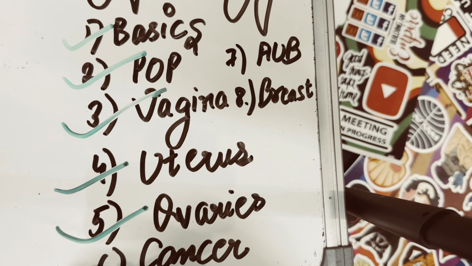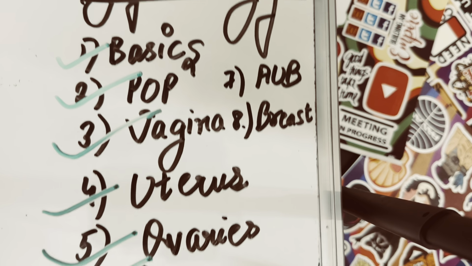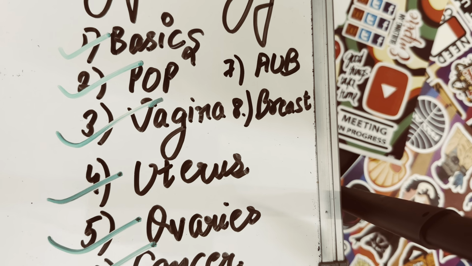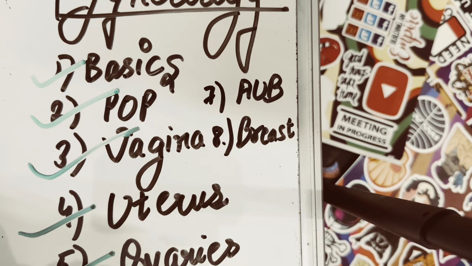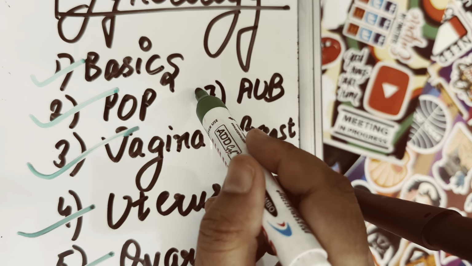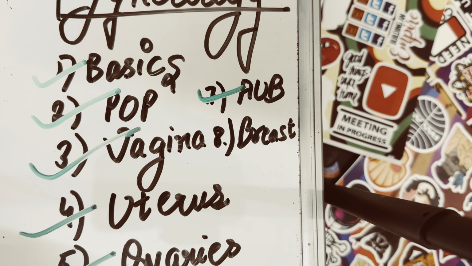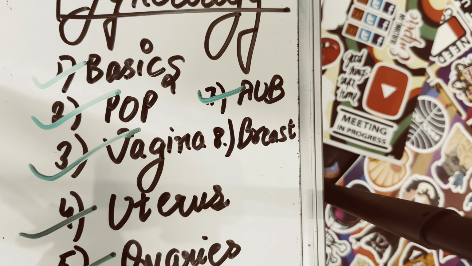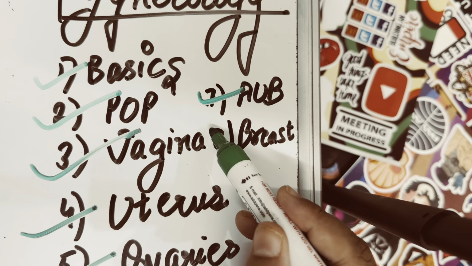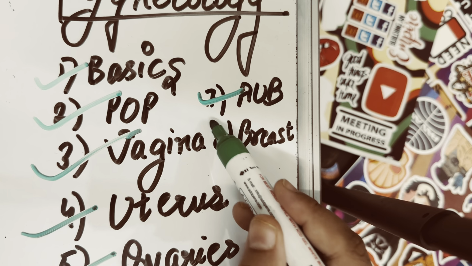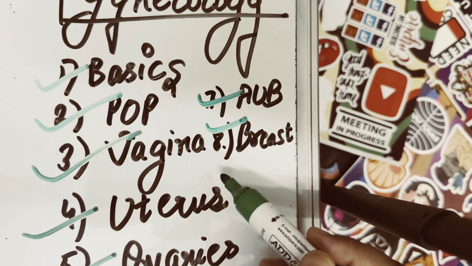cancers, and then we're gonna discuss the overall cancers of the genital tract: vulva, vagina, ovaries, uterus, and endometrial carcinoma. Then we're gonna study abnormal uterine bleeding and why there is primary and secondary amenorrhea, how to diagnose it, what to do as the next investigation, and how to treat it. And at last we're gonna end it with a brief encounter with breast anatomy and pathology and